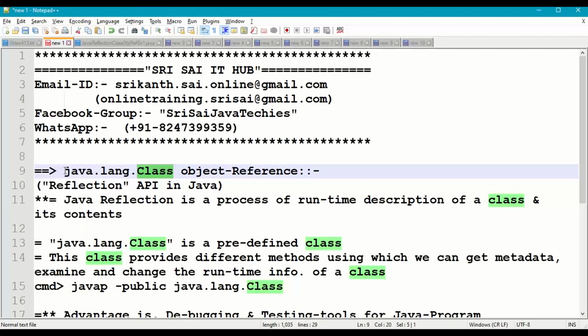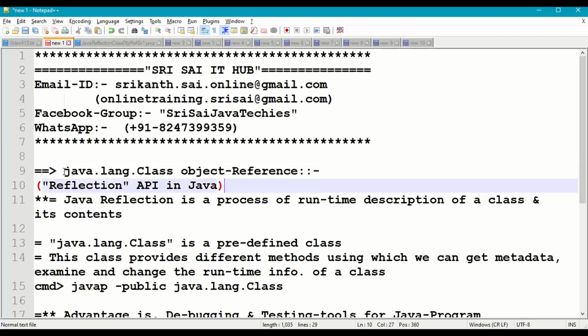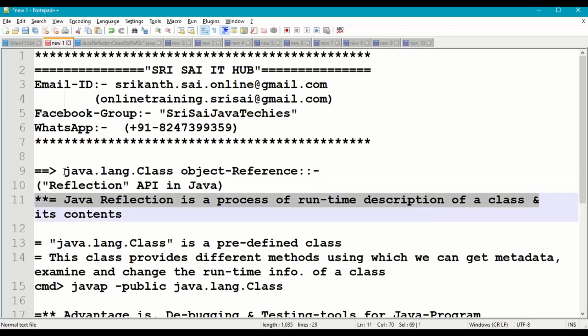So what is this Reflection API in Java, which is used with Class, which belongs to the java.lang package? Java reflection is a process of describing a class and its contents during runtime.